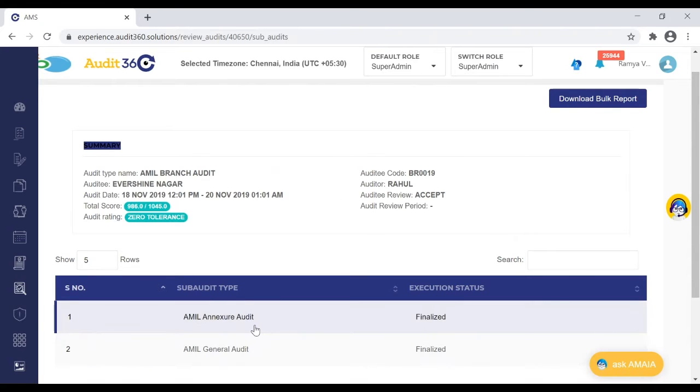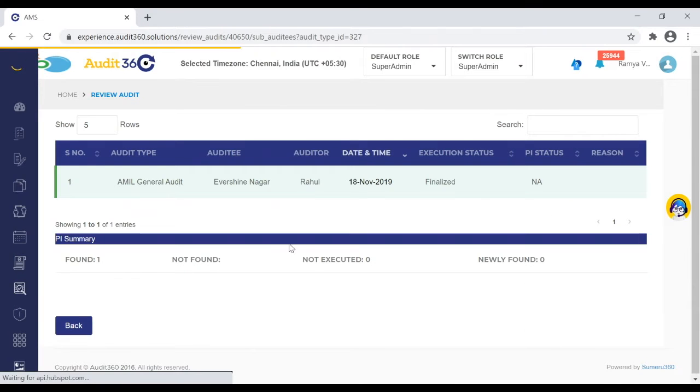If you need an individual report, you can go to a particular sub audit. For example, when you have done a branch audit, there are multiple sections of departments being audited. If you want a report only for the HR department or only for the admin department, you can choose the sub audit you have configured and download the report.